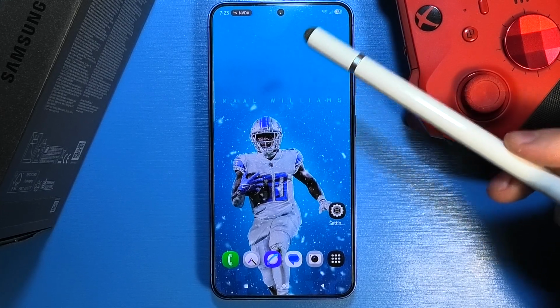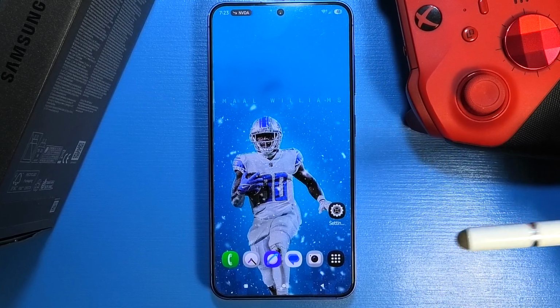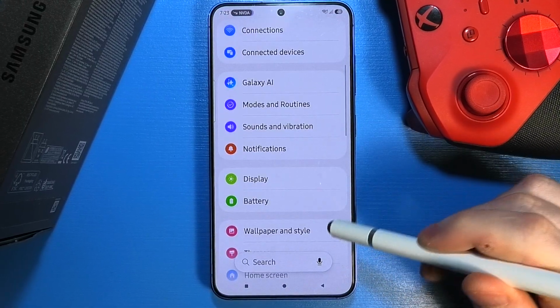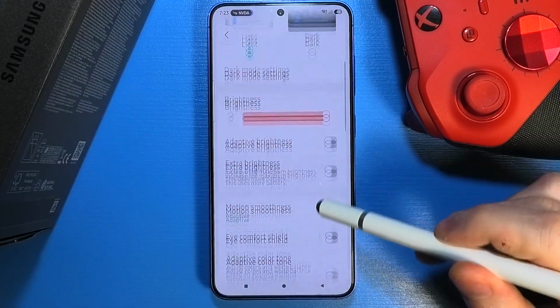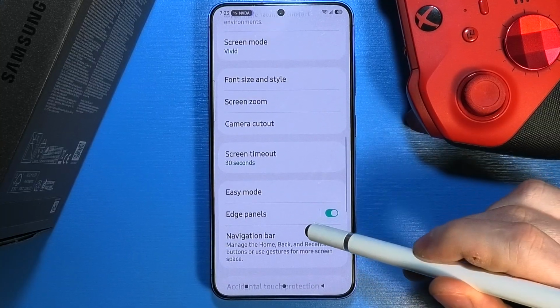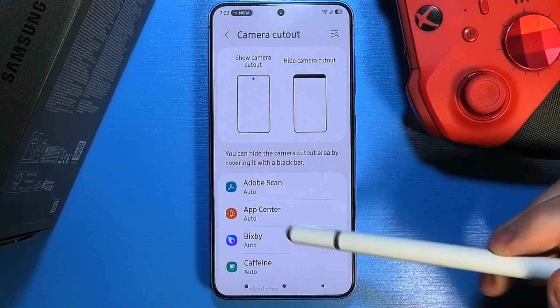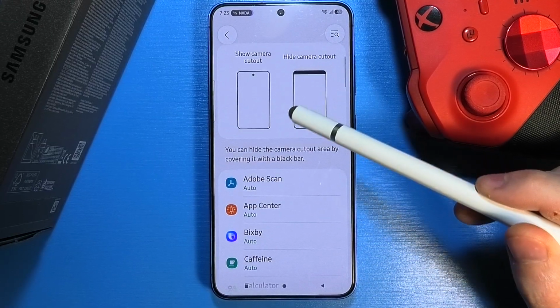To show or hide camera cutout in Samsung Galaxy S26, first of all, we'll need to open settings on our device. Next step is to enter display right here, and then we can navigate down to the camera cutout. When you enter it, you will see a list of the different apps, and you can also see a preview